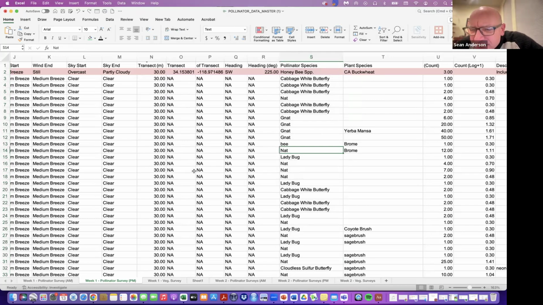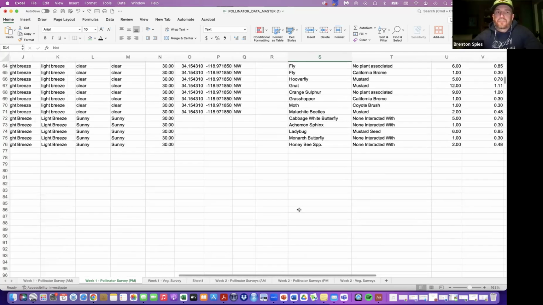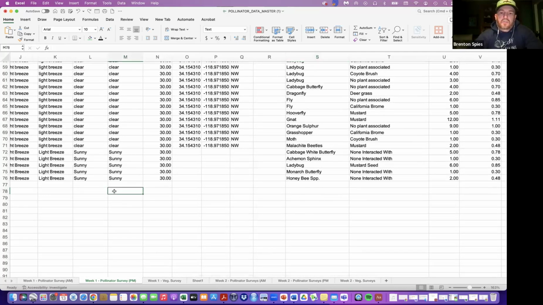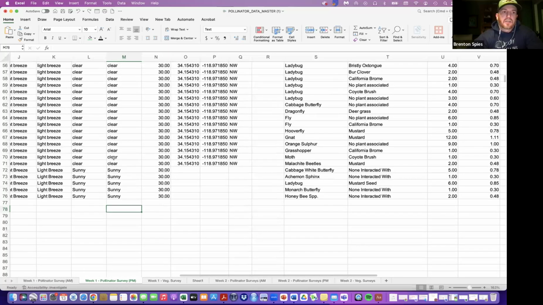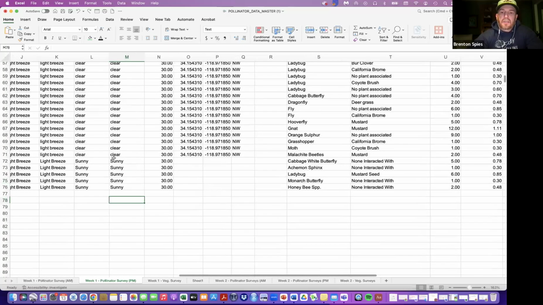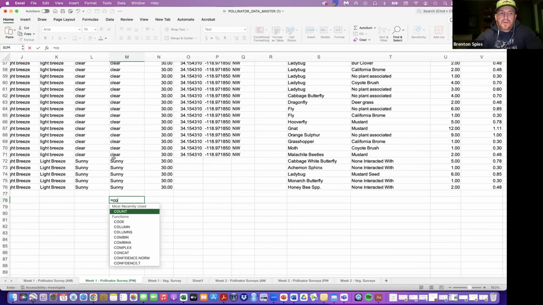Let's see, the question is, if the data set is larger and we do want to generalize a species, is there a way to count the amount of words in a column? So the question is, count how many characters are in the cell? Is that the question? Like count how many times column S says the word butterfly, and then it'll say, oh, it says butterfly 34 times, and then I'll put Yes. So I'll just do this, because it's easy. It says sunny and clear, right? So I could say equals, and then there's COUNTIF,